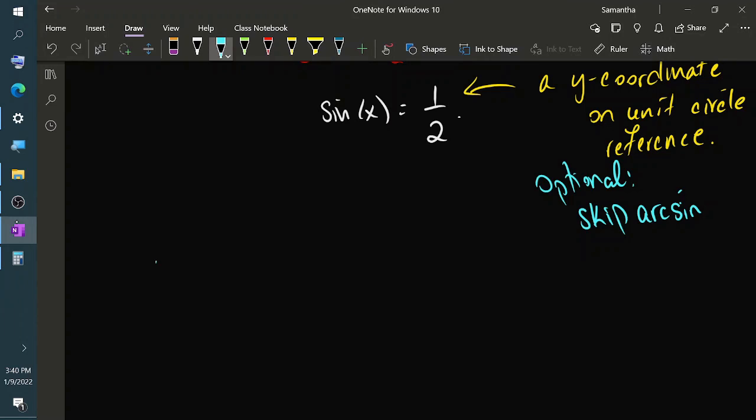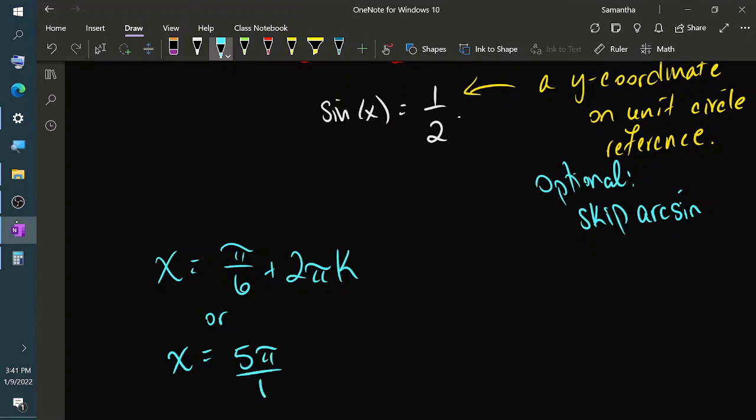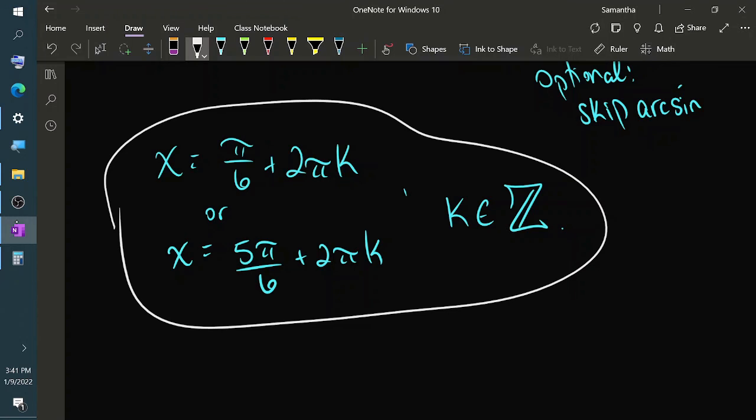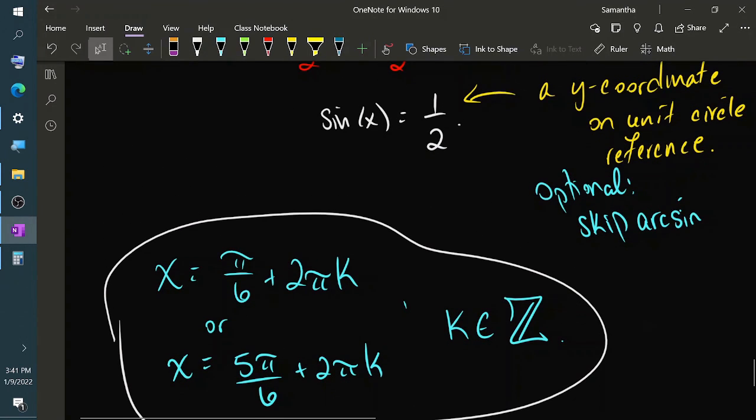So the solutions to this equation would be that the input of sine, x in this case, could be equal to pi over 6 or any full rotation from that angle, or the input x could be equal to 5 pi over 6, or any full rotation from that angle, where we emphasize that it has to be a full rotation. We cannot go half of a rotation or a quarter of a rotation and get the same output from sine. These are the inputs, these are the x's, these are the angles that would make the given equation true.